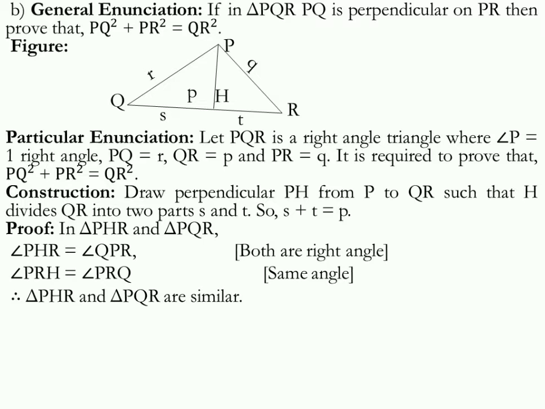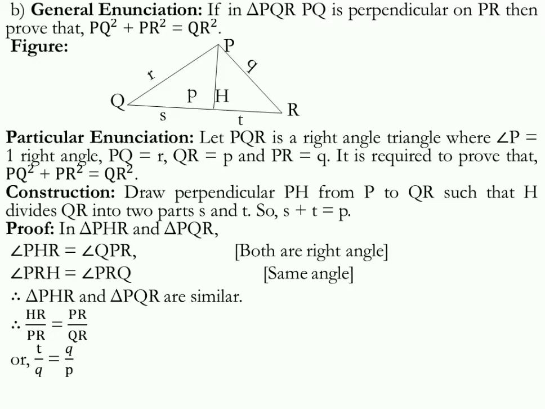So we can say that both of the triangles are similar, because if two angles are equal to the two angles of another triangle, then the third angle obviously should be the same or equal, and in this sense we can say both of the triangles are similar. When three angles of a triangle are equal to the three angles of another triangle, then they are said to be similar triangles. And by the concept of similar triangles, we can say the similar sides